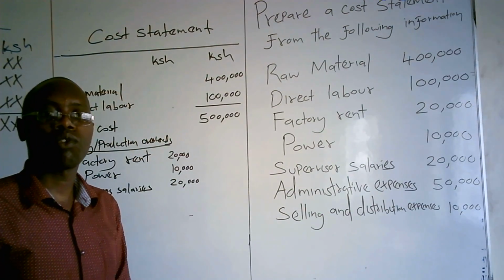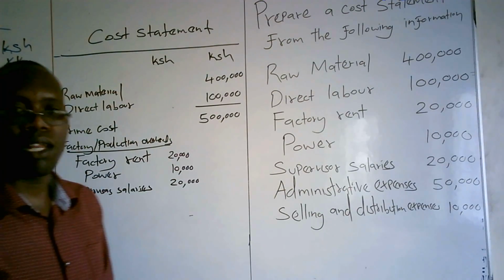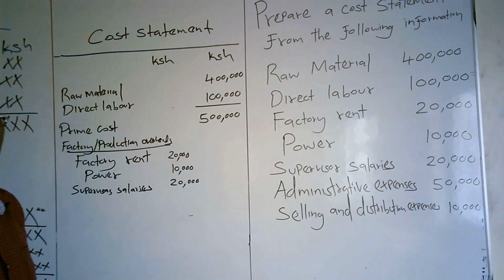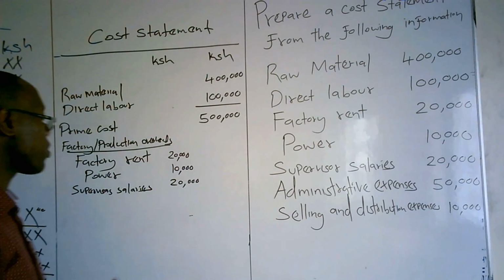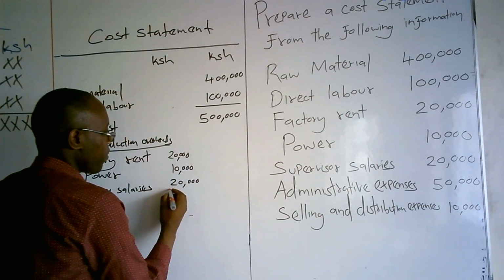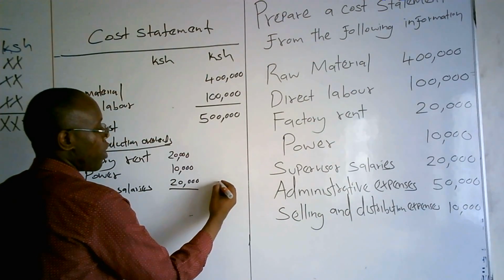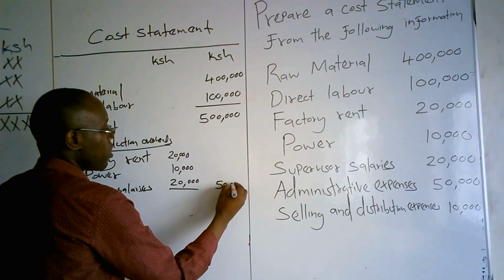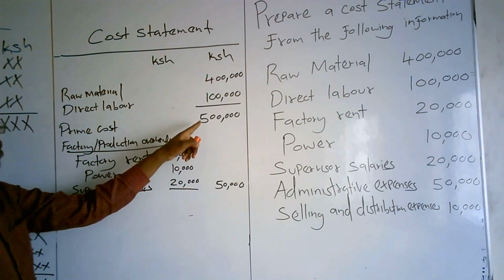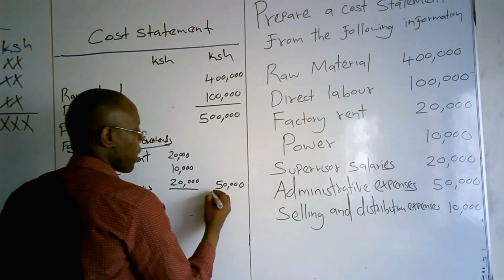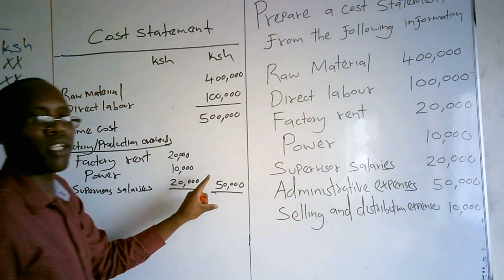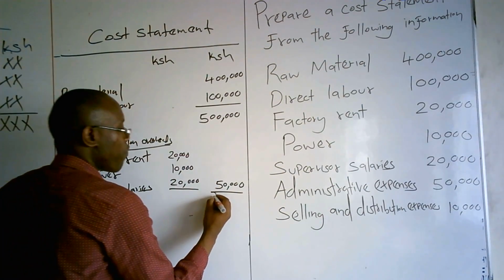We can have things like depreciation of the factory machinery, if it was to be there, to be part and parcel of the factory overheads, that depreciation of the machineries and other particular things. So now this is going to be 50,000. I'm going to transfer this 50,000 to the far end, so that now it can be in line with the prime cost. So you're going to take the prime cost plus the totals of the factory overheads that you can see here, which is going to give you